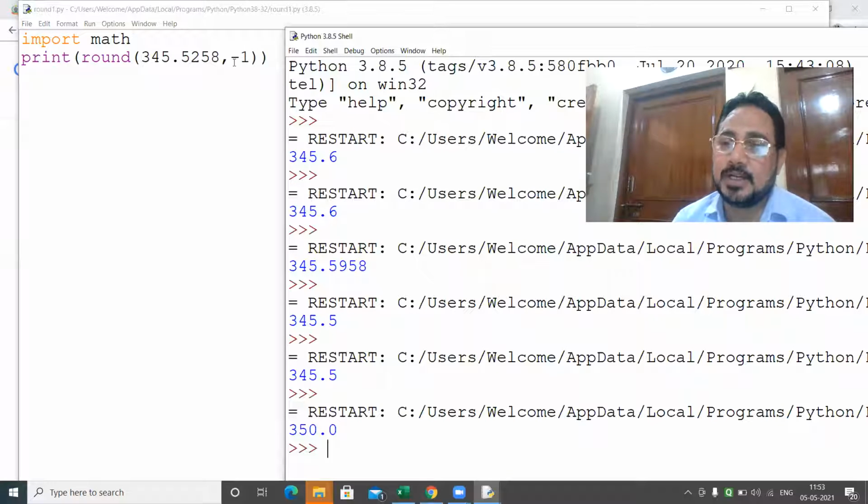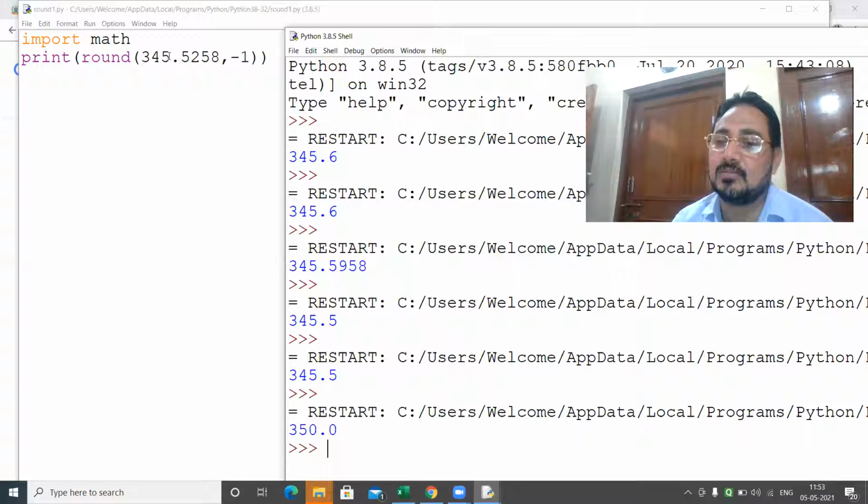Why? I told you -1, ones place, -2 tens, and so on. So otherwise, you can say -1 is to round off the tens place, -2 is to round off the hundreds place, and so on. Okay? But what I'm telling you, -1, then you just look at the ones place.